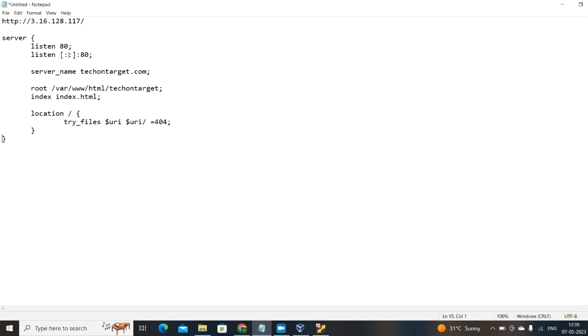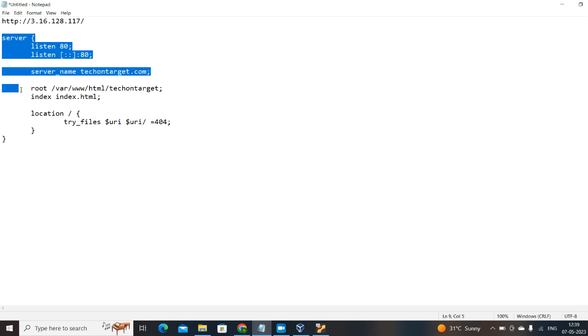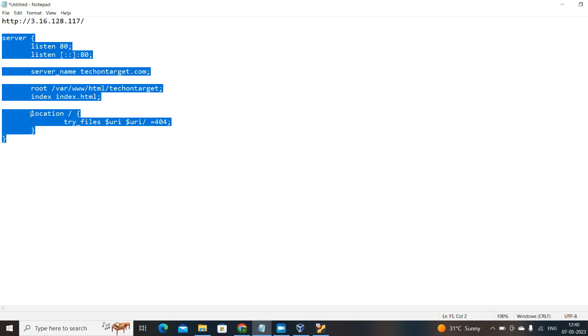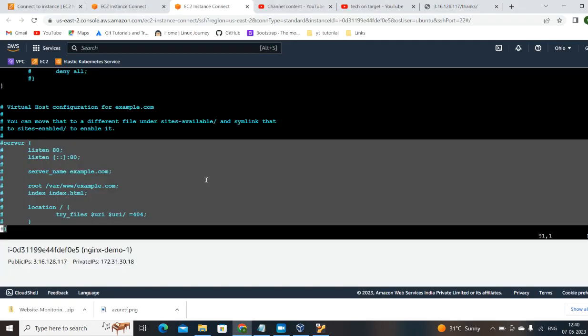Whether the same file can be configured or not, that needs to be checked. Let's see if it works or not. We can't create two servers as, let's check what it says. It throws an error or